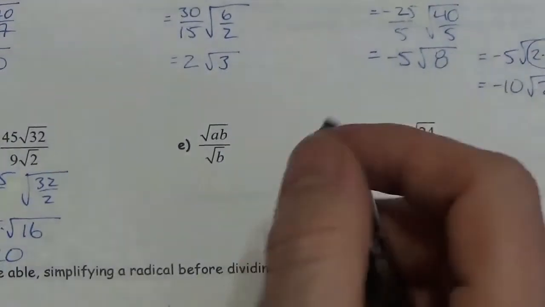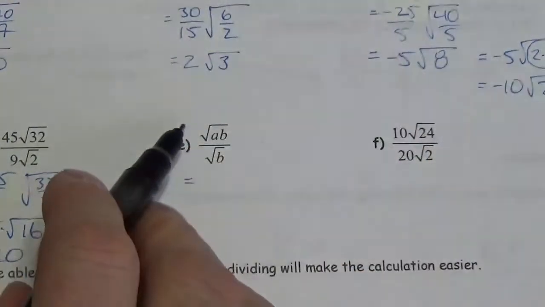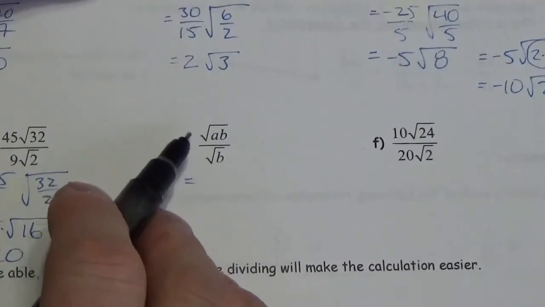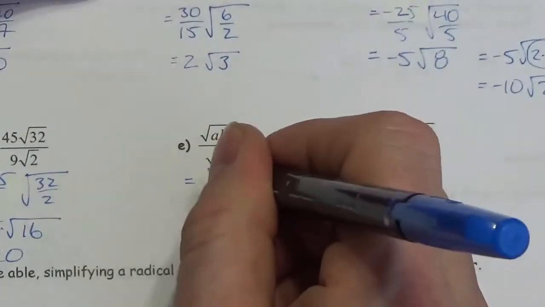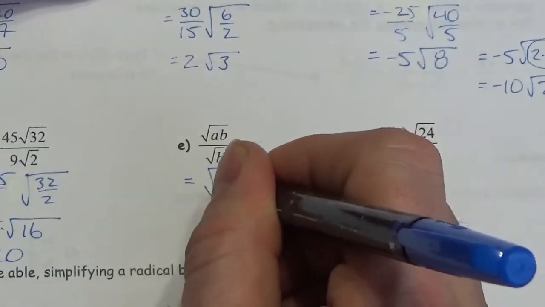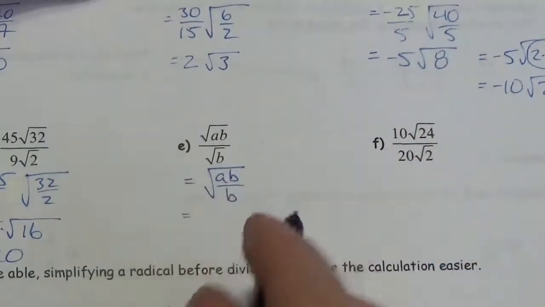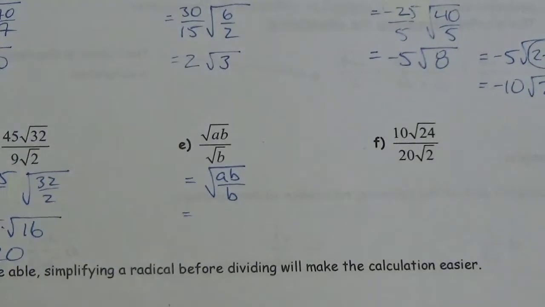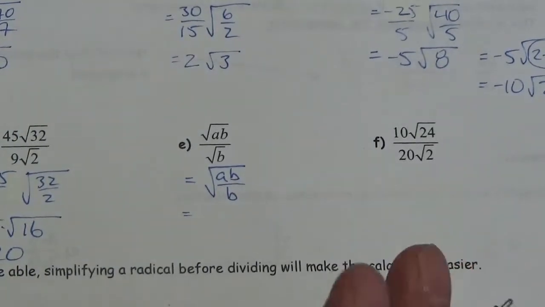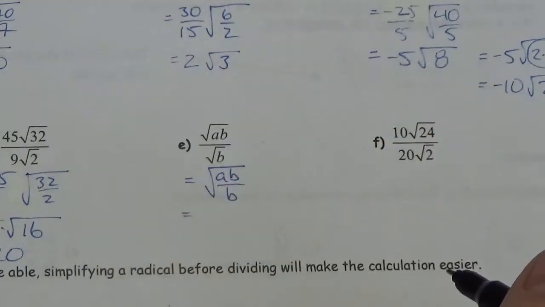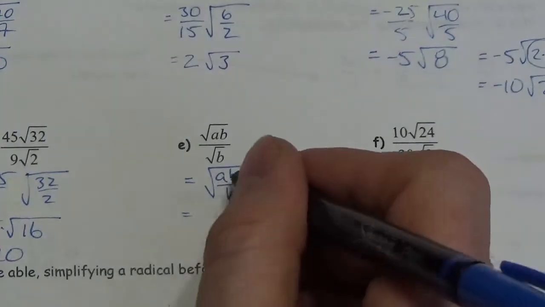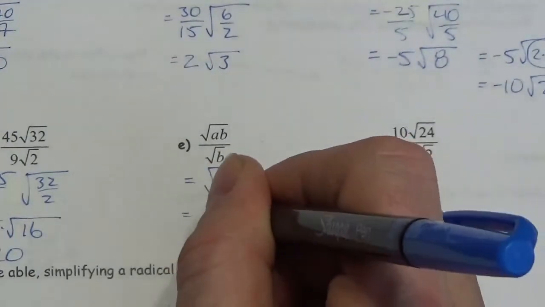Here, okay, well, I like this one right here. This is nice. Again, the coefficients, just like our first question here, are both 1. So I don't have to really do anything with that. So I simply put the two radicands together, and I know that I can cancel the b's. Now, normally we would talk about this in terms of restrictions as well. I can only cancel the b's as long as b doesn't equal 0. So there's a restriction here, but I can cancel those b's, and I'm left with the square root of